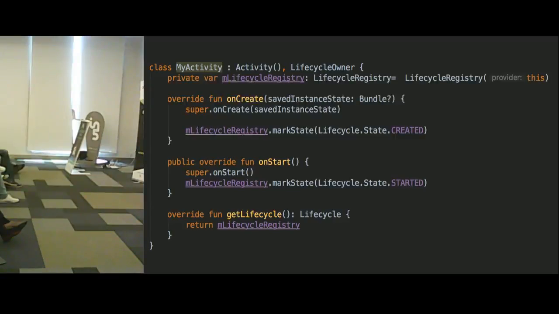Then in all the callbacks, such as onCreate and onStart, you just mark the LifecycleRegistry with the respective state. For instance, in onStart, you mark the LifecycleRegistry with lifecycle state STARTED. And then the LifecycleRegistry handles all this.